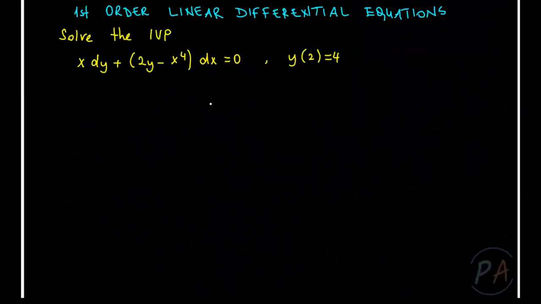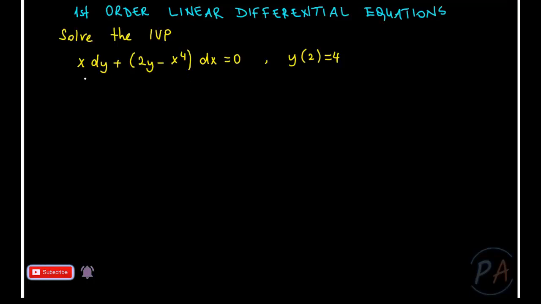Hello everyone. The initial value problem is x times dy plus 2y minus x to the power 4 times dx equals 0, and the initial data is y of 2 equals 4. Okay, in its present form it is not easy to see whether the equation is linear or not,